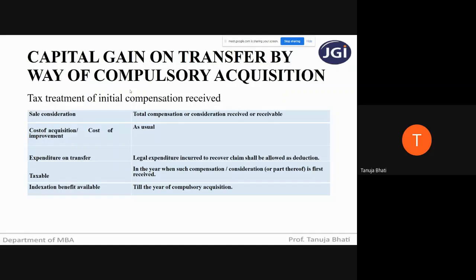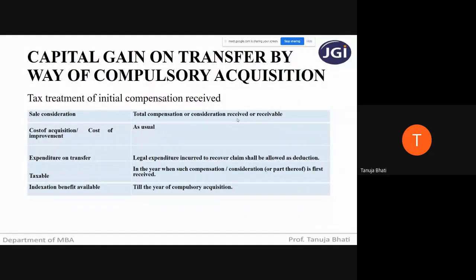So let us see, under any law, maybe the court is compulsorily acquiring your property, capital asset, or maybe the government is compulsorily acquiring your capital asset. Then when they compulsorily acquire, they give you some compensation in return, because they're taking your capital asset. So in that scenario, let us see what are the different terms and what is the amount we have to take for different terms. So first, when you're receiving the compensation, sales consideration will be nothing but compensation received or